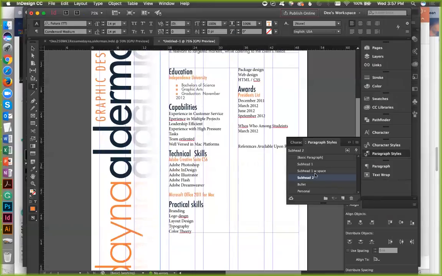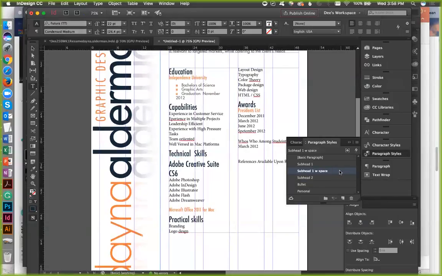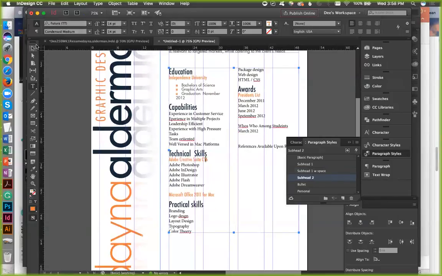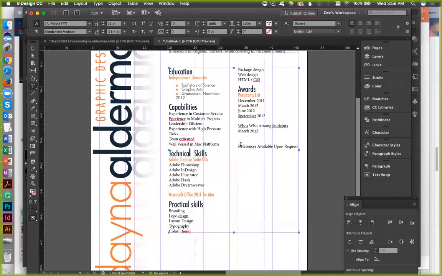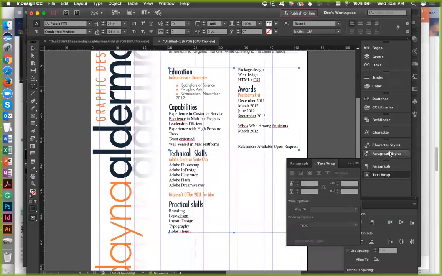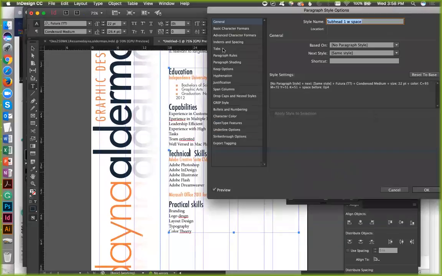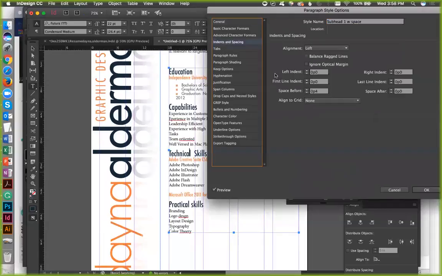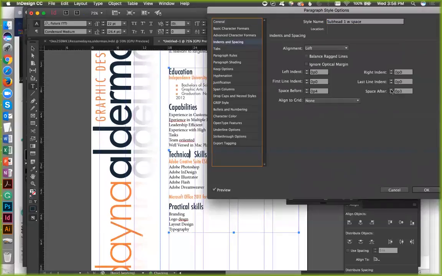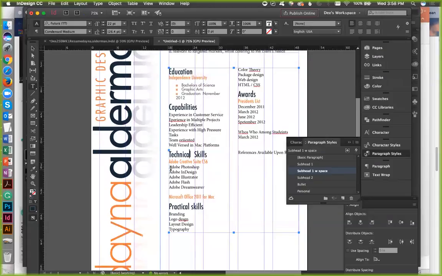Will work. Subhead with space. Space after. There we go. We got a space before, space after.